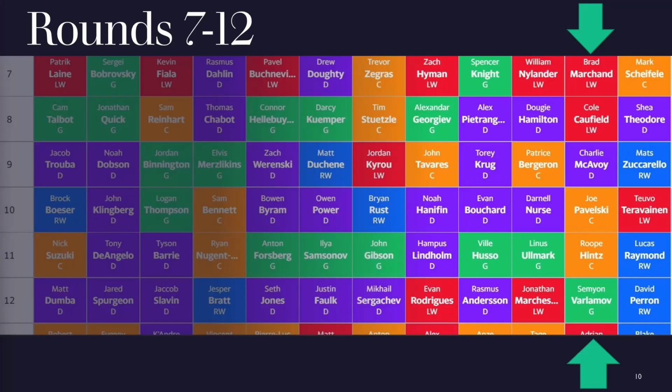matchup. I then go after some nice deep value on Joe Pavelski and Roope Hintz, and I didn't necessarily mean to stack the two guys from the Dallas Stars, but Hintz scores at a 40-goal pace and a 75-point pace, and Pavelski eclipsed those marks with a .98 points per game last season, 81 points in 82 games, and 27 goals to boot. So Pavelski will boost shot coverage as well with 2.63 shots per game, and power play points with a .3 power play points per game average, good for 25 power play points last season.